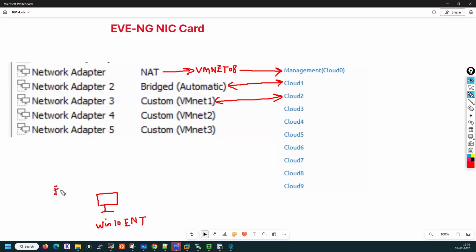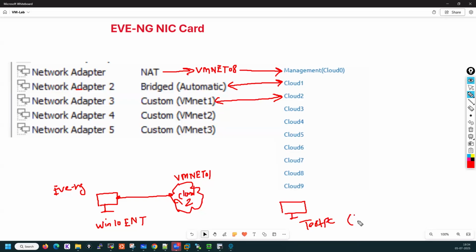This is EVE-NG, and you have just done the connection with one of the clouds, and the cloud is Cloud 2, which means you have connected with VMnet 01. And let's suppose you are also having one test PC which you are running directly in your VMware,